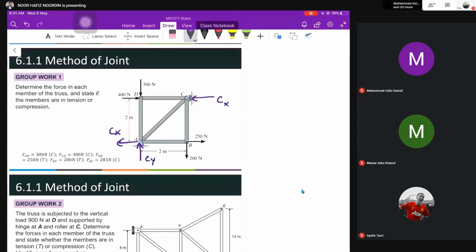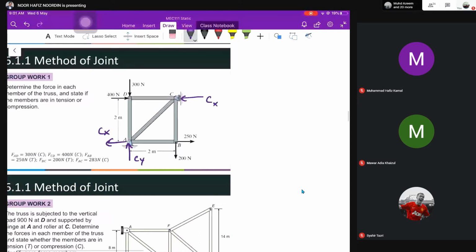Alright. And then we have determined the type of connection and support. We draw the free body diagram for the rigid body. Alright. So the free body diagram will be